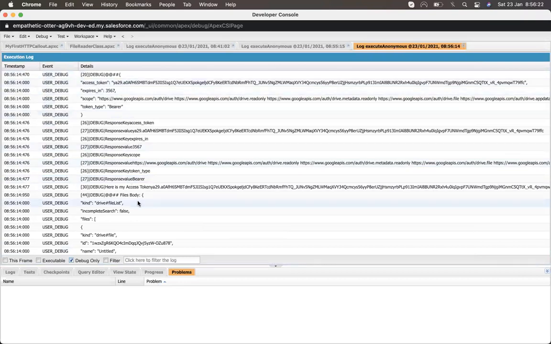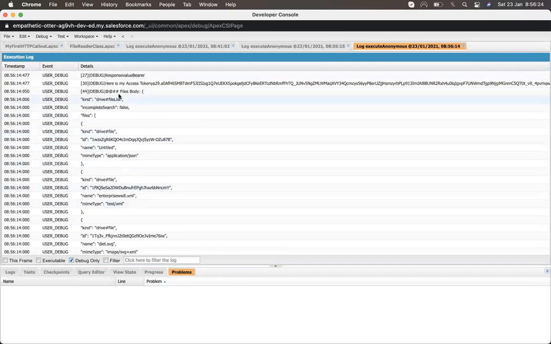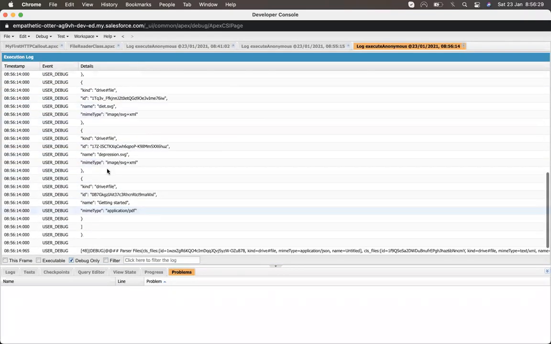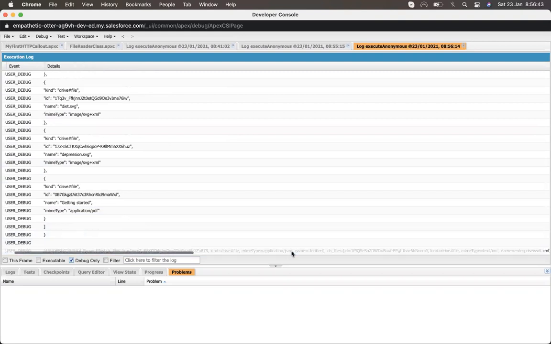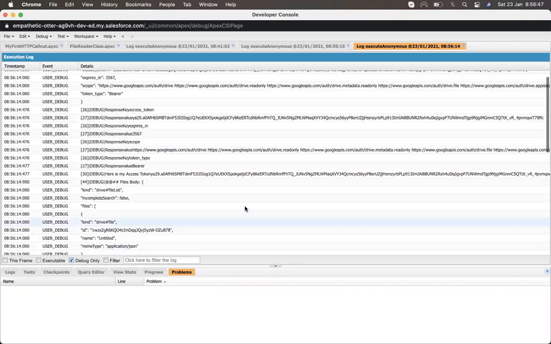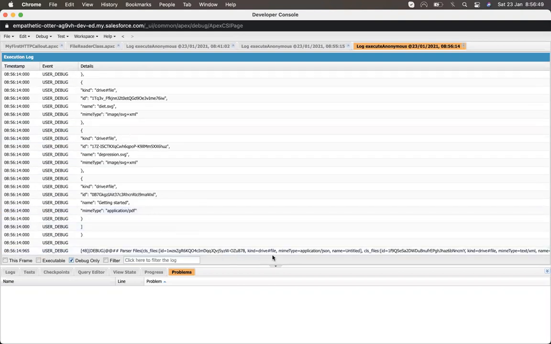Yeah, got the access token. I passed the access token. Thereafter, I got the body, and once I got the body, I pass it into the CLS file. It will do the parsing and convert that into an object of a class. Why am I converting that? Because now it's very easy to get the file names and all those things.